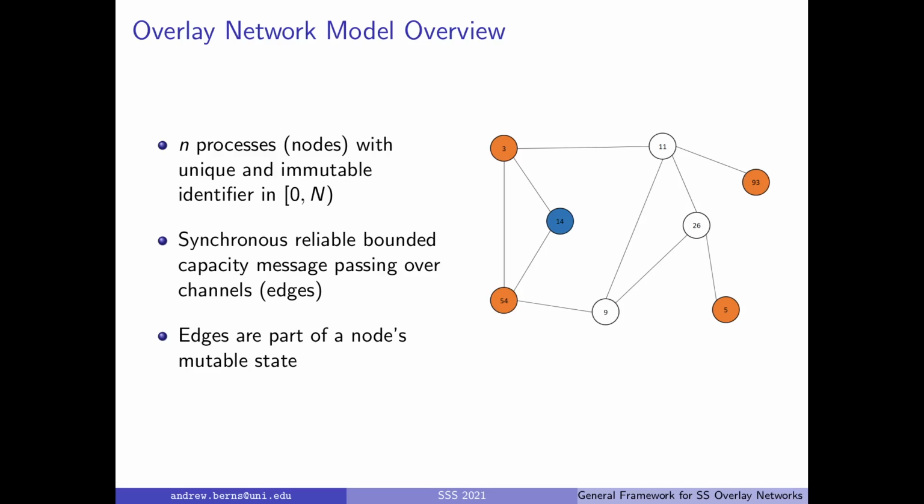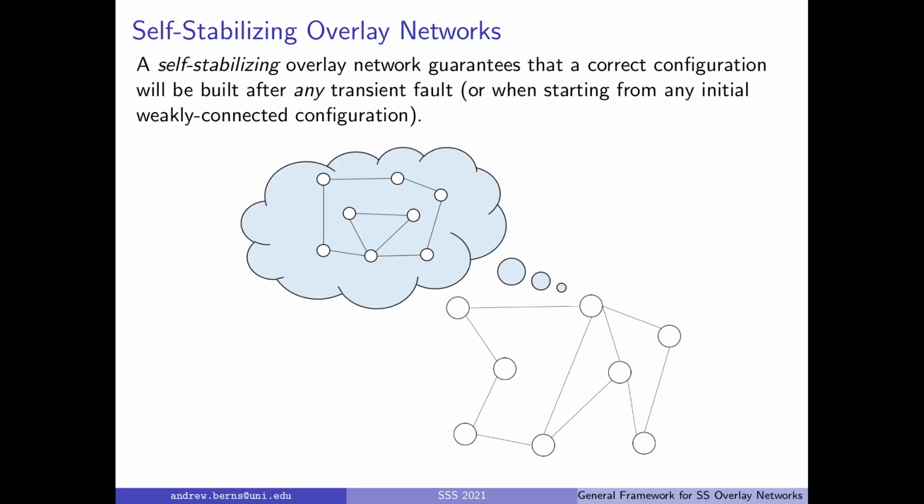Why do I want to add and delete edges? Well, for us, we'd like to make a self-stabilizing overlay network algorithm. A self-stabilizing overlay network is one that is guaranteed to reach a correct configuration after any transient fault and remain correct thereafter. Frequently, we'll model this as the network starting in some initial arbitrary weakly connected configuration, and then it performs program actions, adds and deletes edges until it reaches a correct configuration.